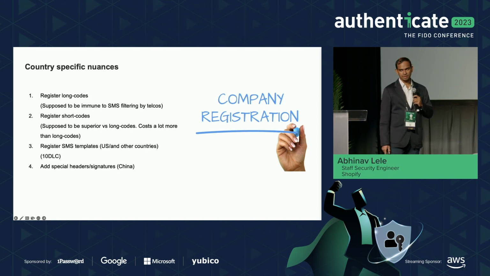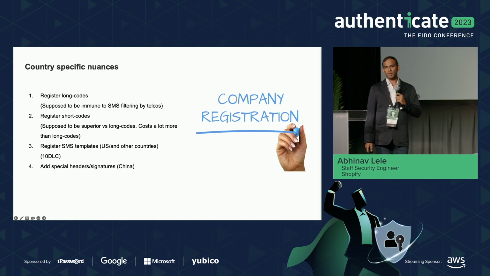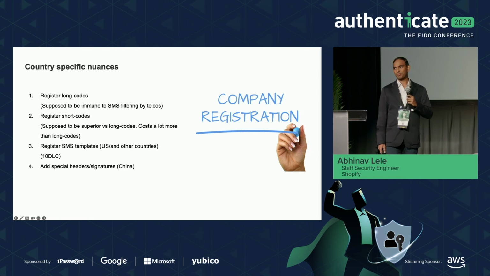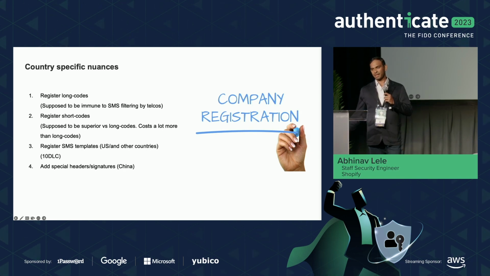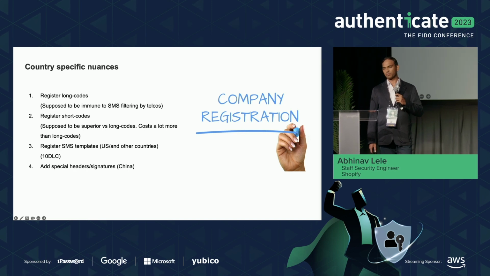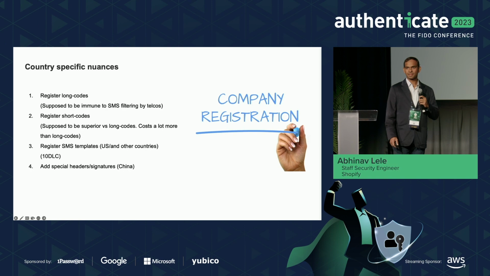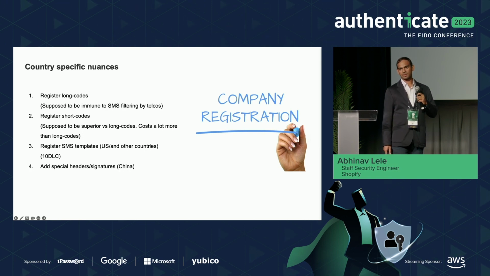So you do that. Then one day you have a big sale on your platform. Let's say you are selling sneakers, and everybody wants your sneakers. So you suddenly try to send 10,000 SMSs in a minute, and the telecom provider says, no, you can't do that. You just have a long code. It's not allowed for that. You can just send 1,000 a minute.